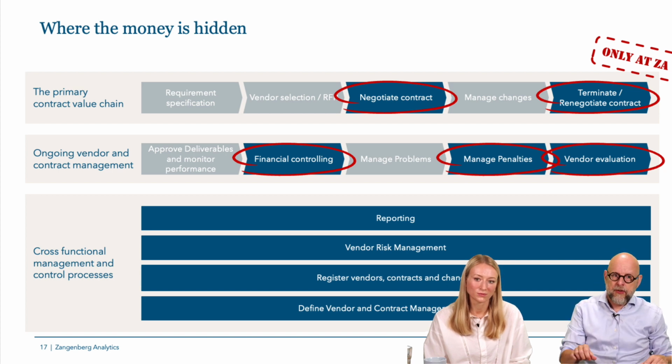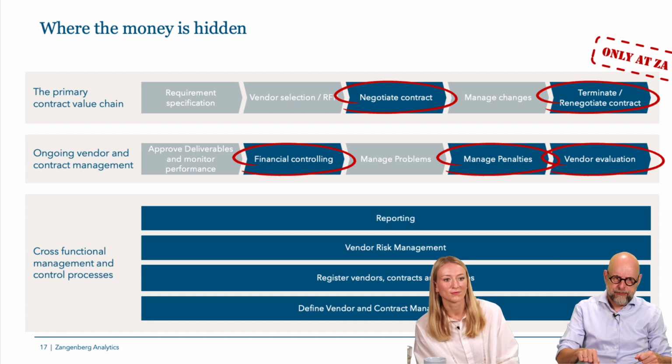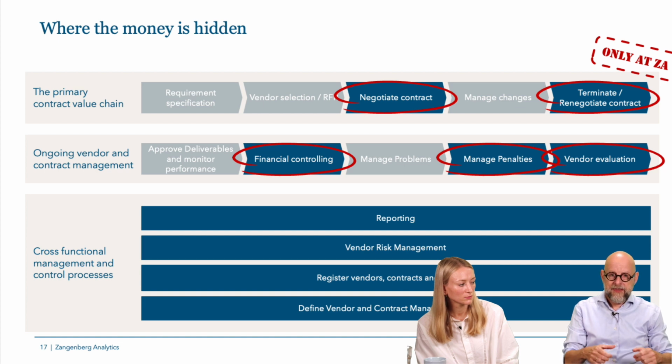You paid for that clause. And utilizing that is also a means of communication. The last one here, the vendor evaluation. If you have a set structure, a set process of evaluating the vendors, taking them into meetings, that will be